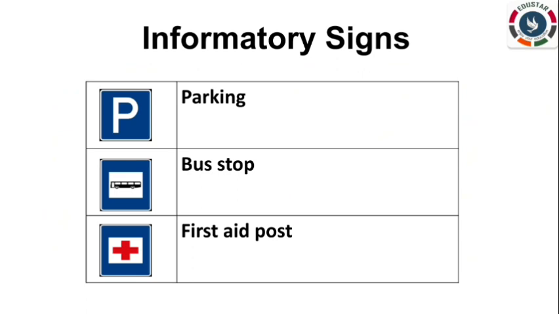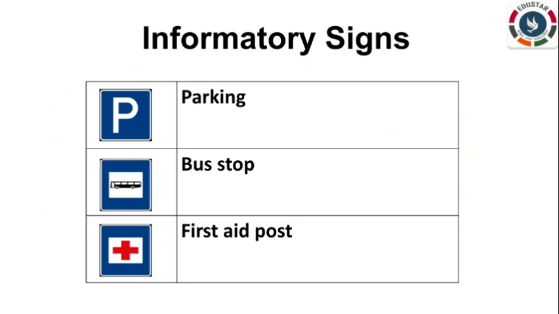These signs are meant to provide information on direction, destination, roadside facilities, etc. to the road users. Following informative road signs helps the driver in saving time and reaching the destination without wandering around. These signs are generally facilitators to the driver. So here we have some informatory signs.